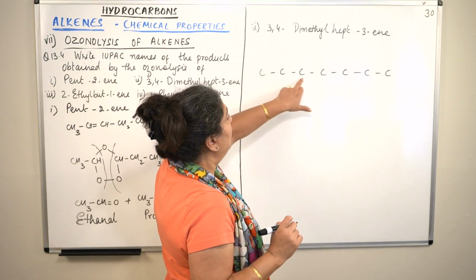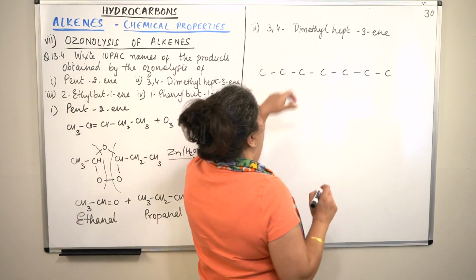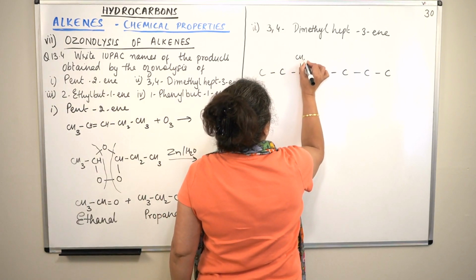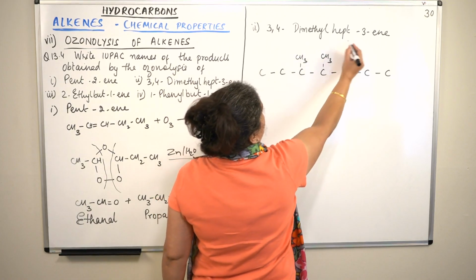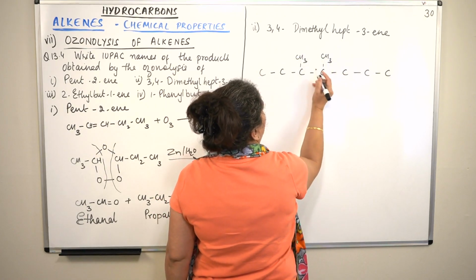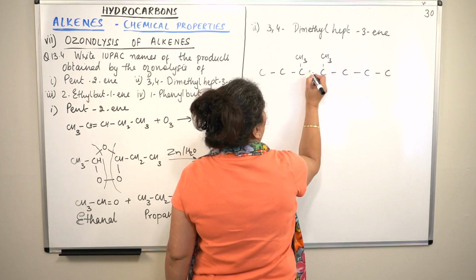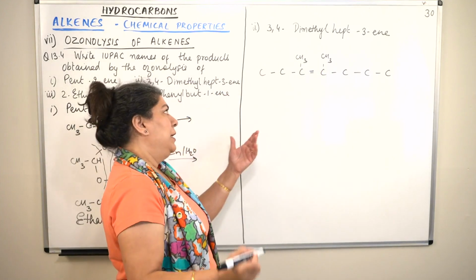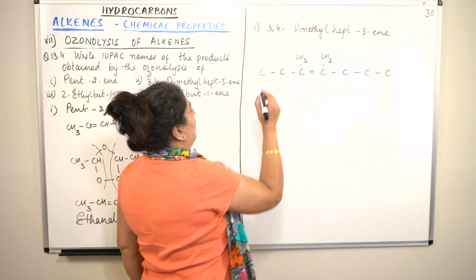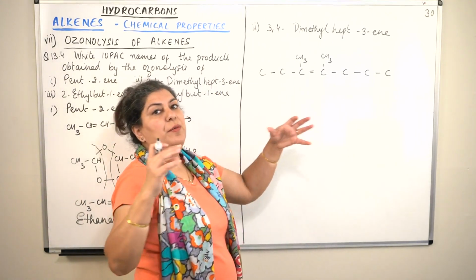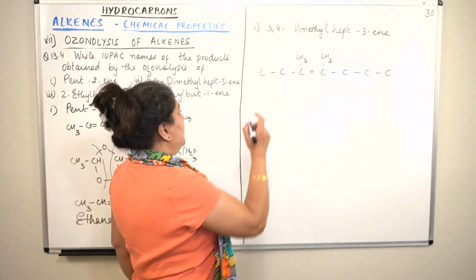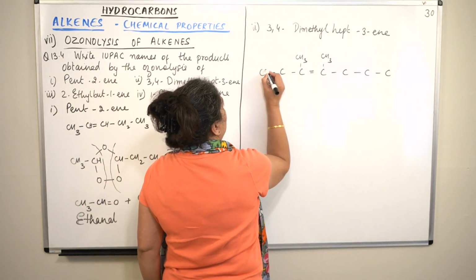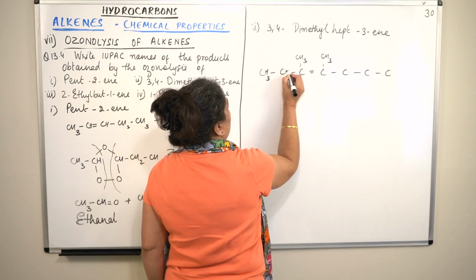On the third and the fourth carbon, there are 2 methyl groups. So CH3 and CH3. There are 2 methyl groups, and hept-3-ene, the double bond is also between the third carbon and the fourth carbon. So here you have the double bond. Now fill up the hydrogens to saturate every carbon. Every carbon should be forming 4 bonds. So this has only 1 bond, so there will be 3 hydrogens here, 2 bonds, there will be 2 hydrogens